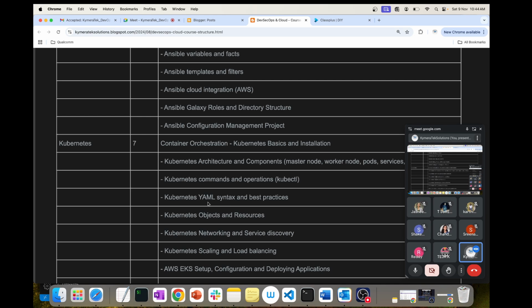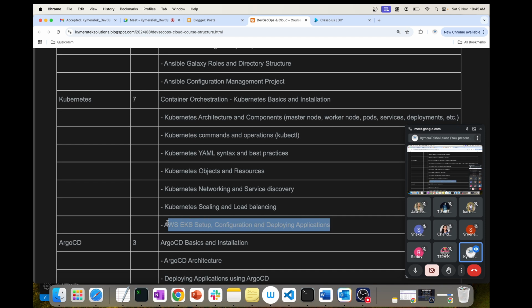So we start with a very basic understanding of Kubernetes architecture, creating the architecture and deploying a few services. After that, I'm going to talk about AWS EKS setup where we can deploy applications, and EKS has one good advantage of choosing what kind of setup we need. So we are going to go in depth about that in Kubernetes.